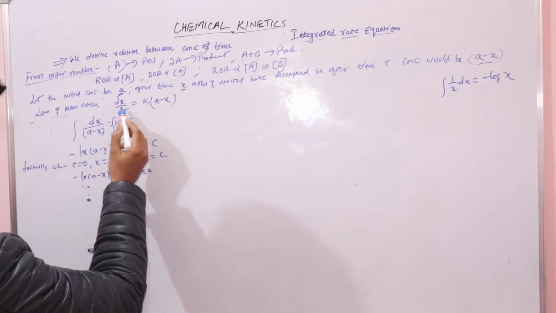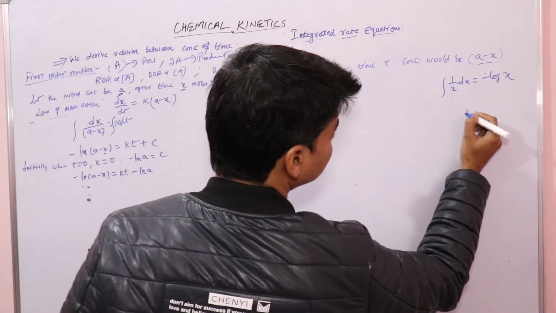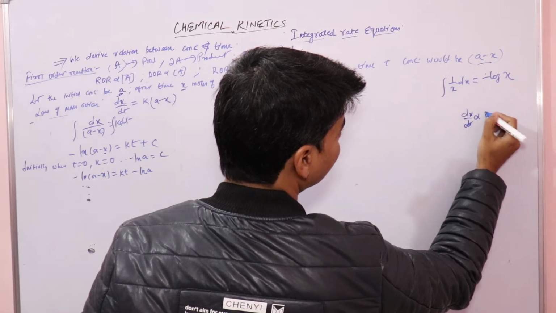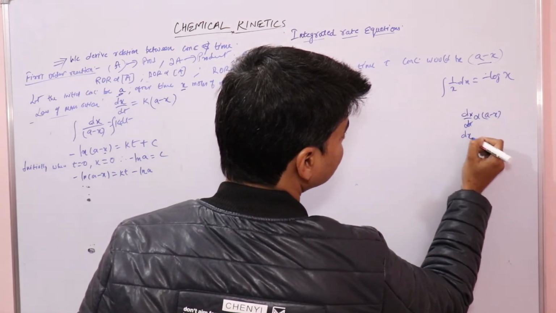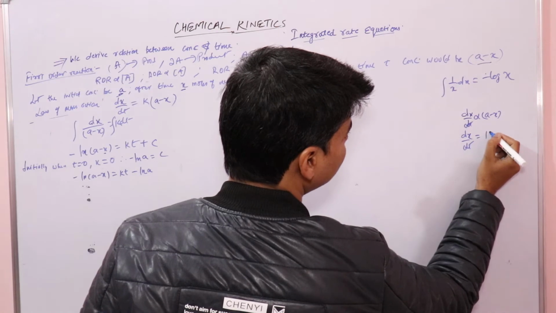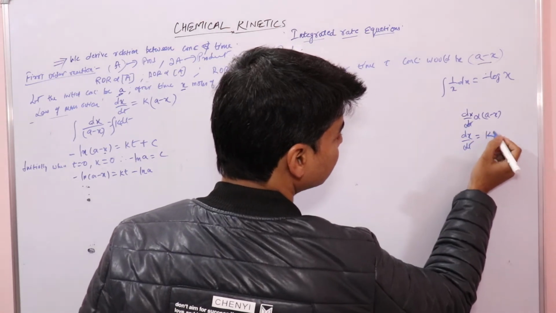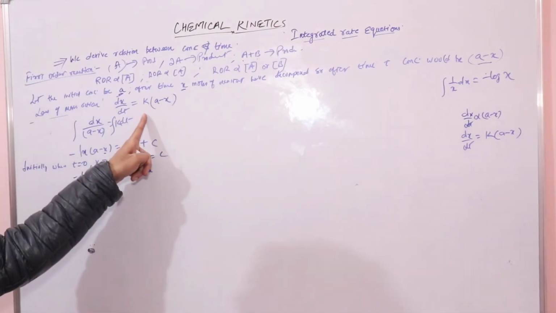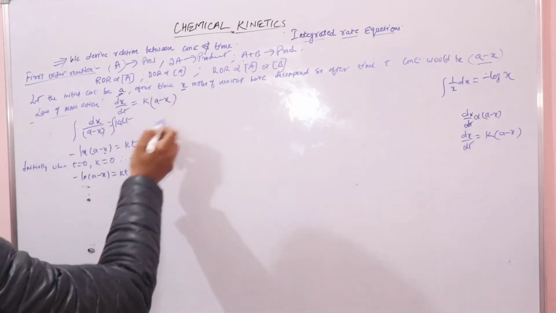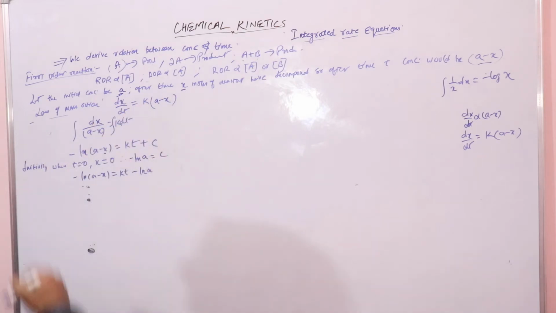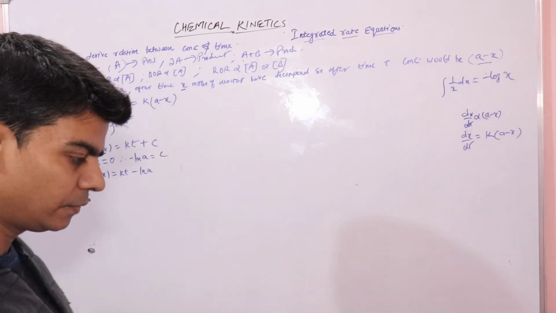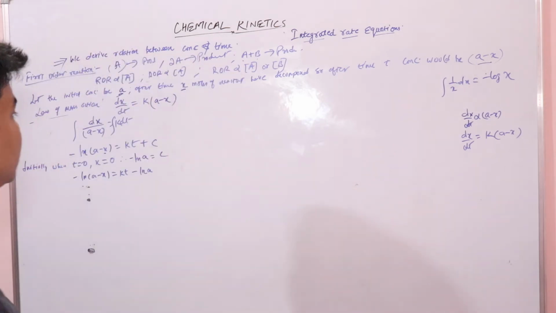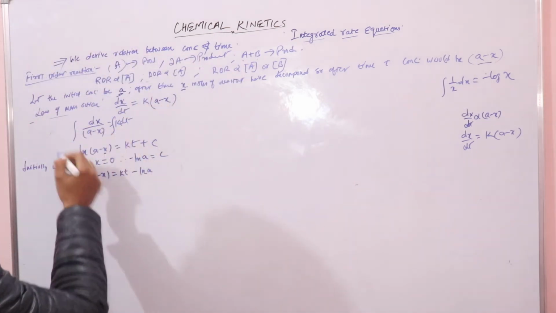We know that rate of reaction is directly proportional to the concentration of reactant. So dx upon dt is directly proportional to A minus X, right? So dx upon dt is equal to K. I'll remove the proportionality sign and put a constant. It's A minus X. So this is how we got this equation: dx upon dt is equal to K(A − X). So this is the differential equation. Now to get the relationship between concentration and time, we will rearrange this equation and integrate it, right?